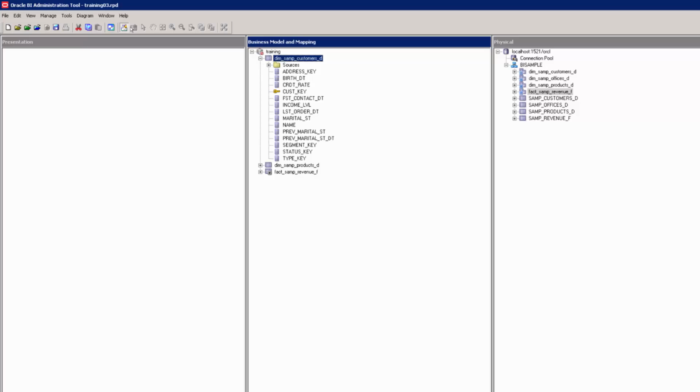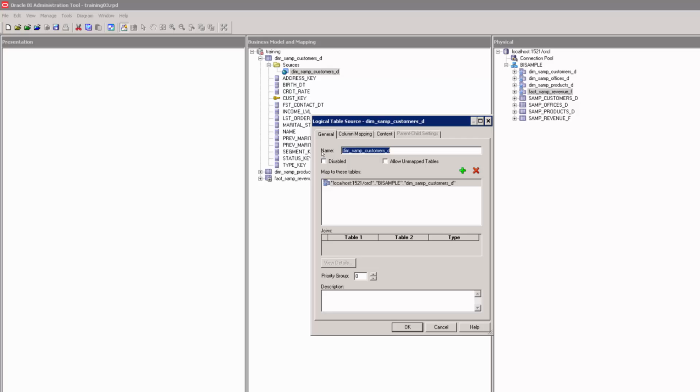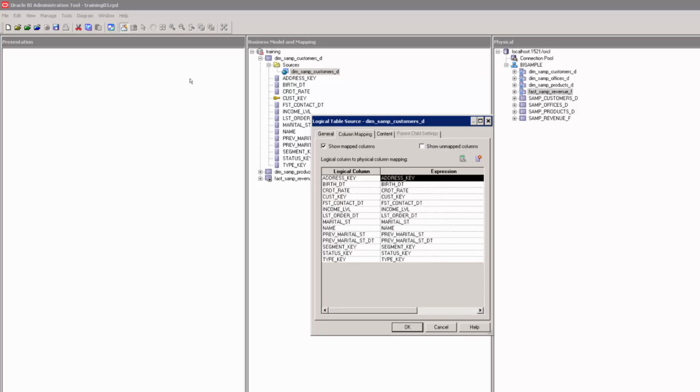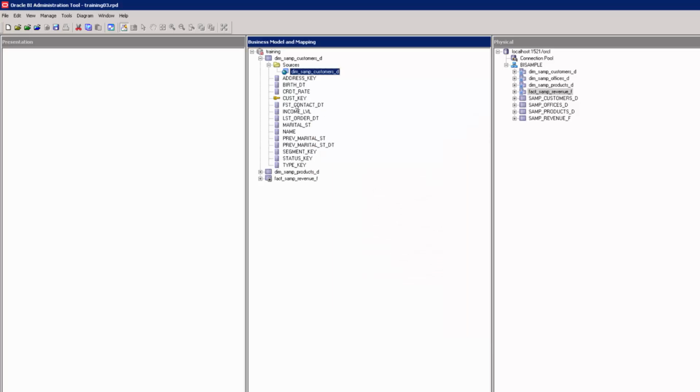If we expand one of them, we can see we have a folder called Sources. So this is our logical table. We expand Sources, we can see here that for this logical table, we have this logical table source. If I double click this, I look inside it, I can see that it's mapping to this table, BI sample, in the BI sample schema, dim sample customers D. You can see this is the column mapping as well. You can see that the key is